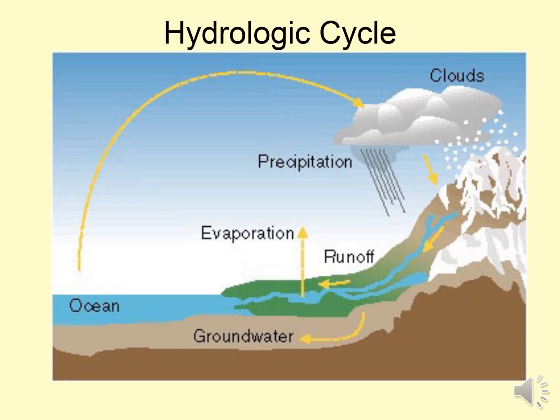So this we have studied in our schools also. So the evaporation is from the oceans or runoffs or groundwater, everything forms the clouds and rains happen. So this is the cycle, it repeats again and again.